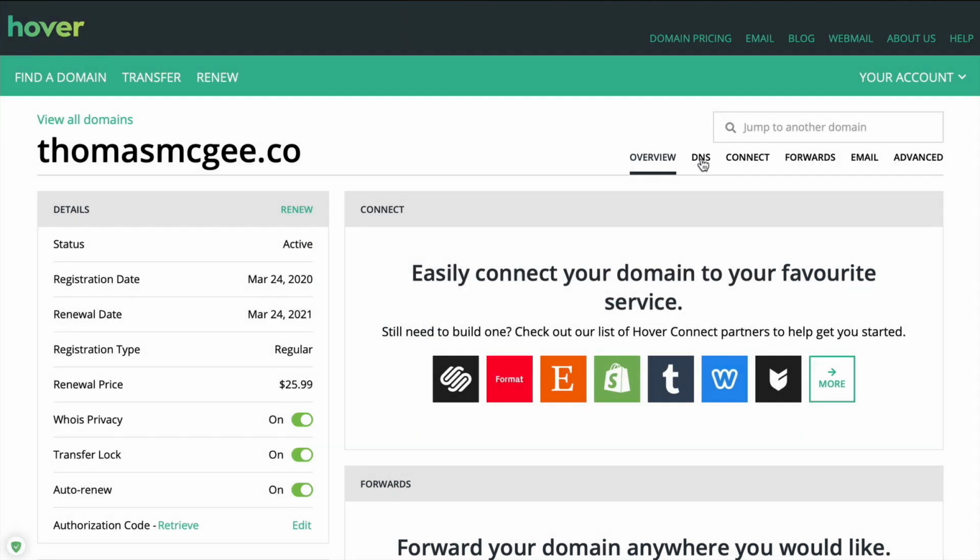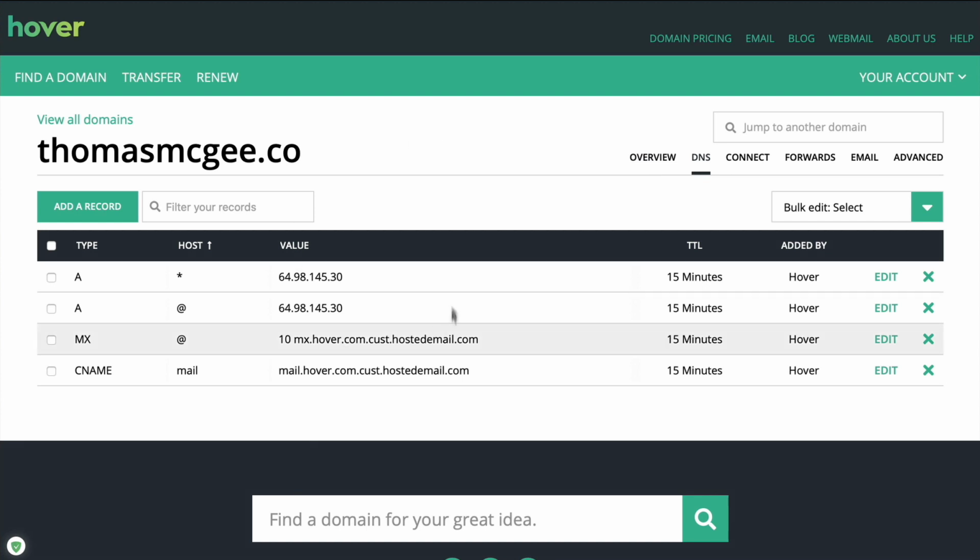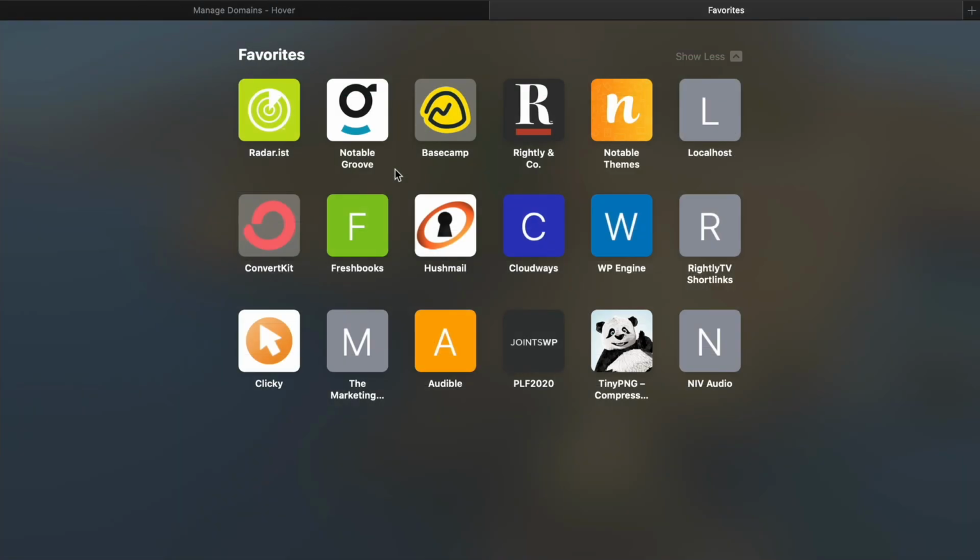There we go. So we're going to go ahead and click on DNS, and this is going to be the records that we're going to need to manage to ensure that this new domain gets pointed over to a new WordPress website. So you might be wondering, okay, so how do I set up a WordPress website? That's where we're going to recommend tool number 2. We're just going to go to